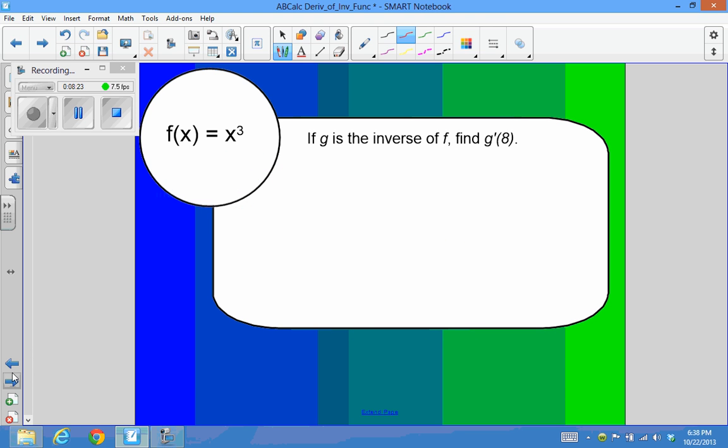All right. Try another one. If g is the inverse of f, I'm supposed to find g prime at 8. Now then this was a little bit different. Although we could go through and do all of that, there's not really a need to on this one. So what I have to stop and think of though,